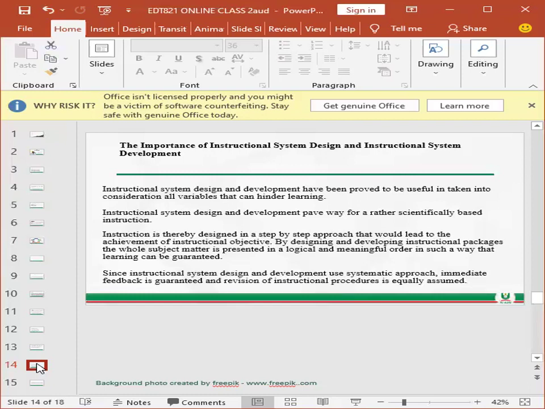So since instructional system design and development use a systematic approach, immediate feedback is guaranteed. And then the revision of instructional procedure is equally assumed. And now, with all this, there is need for us to ask ourselves these pertinent